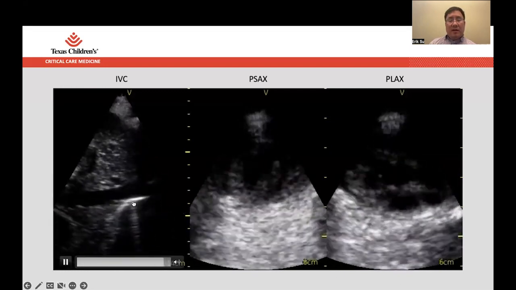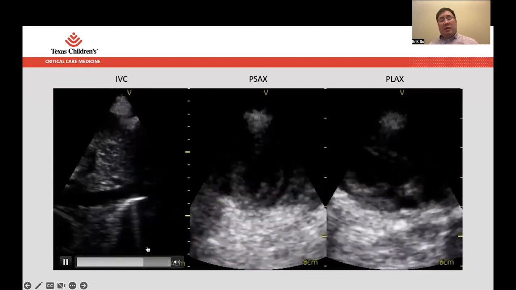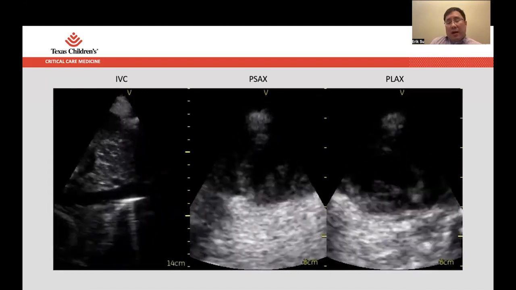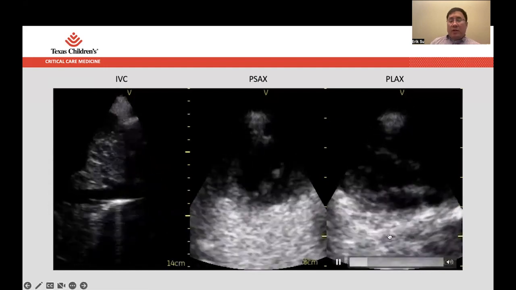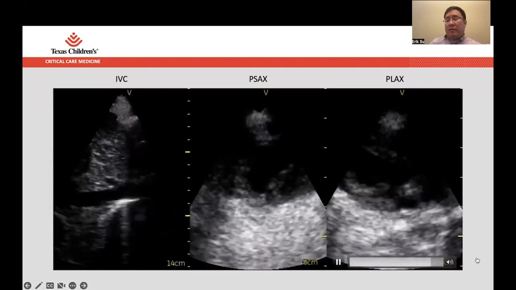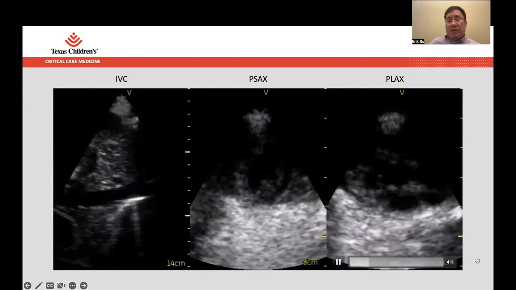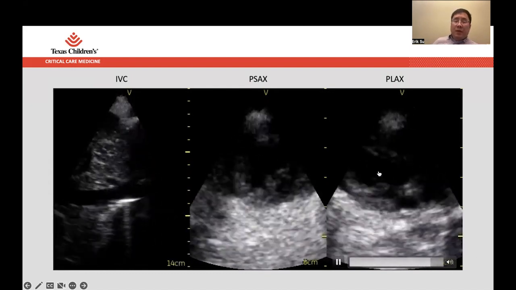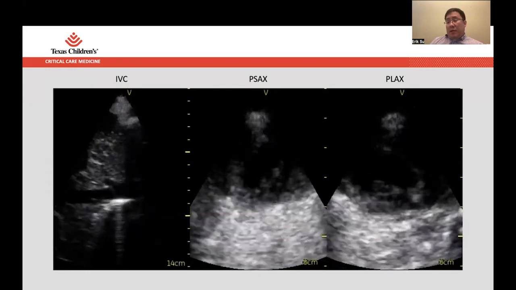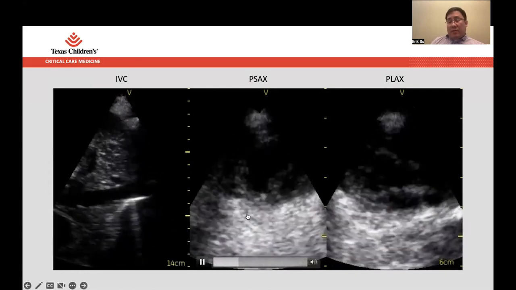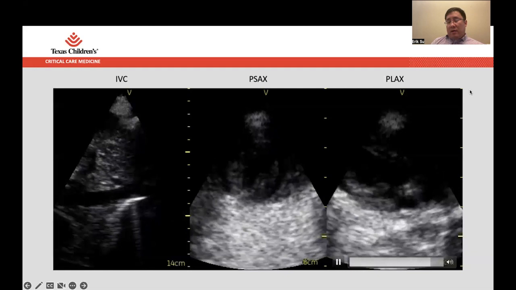You can tell it doesn't take a lot of movement to be roughly about 15 to 20% collapsible, kind of low normal function, and was still kind of borderline pressures. And so this is both on parasternal short and parasternal long. And so the answer in this case, again, from last time, was just that we had